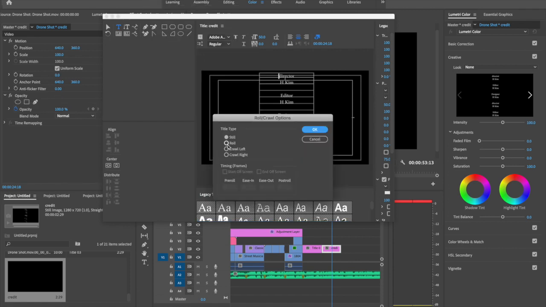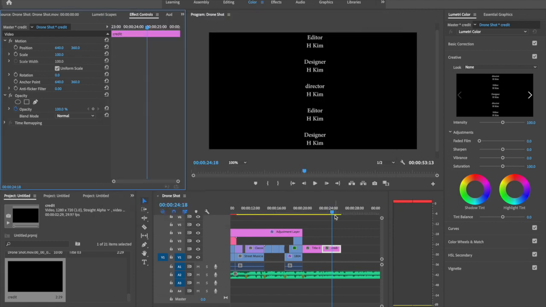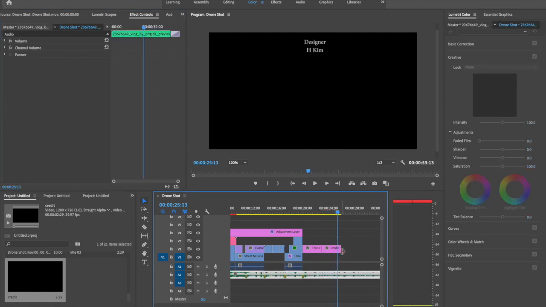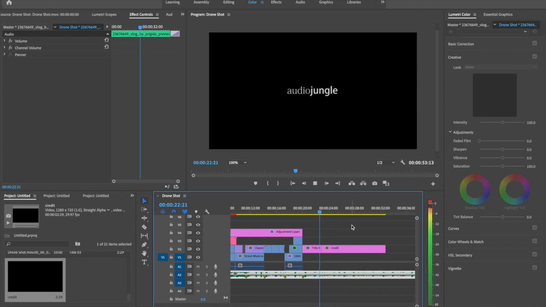Then you can make a rolling animation checkbox and fade in 15 and 15, the default value. Press OK button and drag that credit on your timeline faster, so you can drag your credit like this, and then you can make your credit slower like this. You almost done,